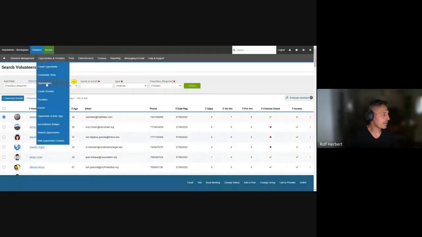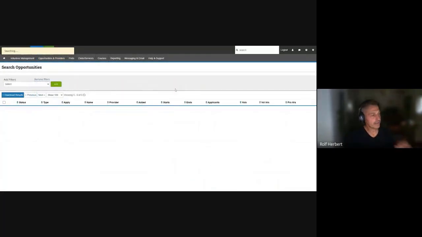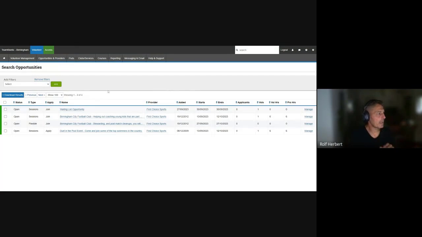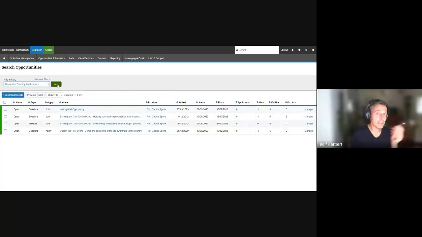It's the same for the opportunity screen. We've got a very similar sort of interface. Here we've got some other new ones at the bottom here. Ops with pending applications was added recently to go with the volunteer search for applications to opportunities. And here you can look at whether there's pending or no pending applications, which is a quick way to find out